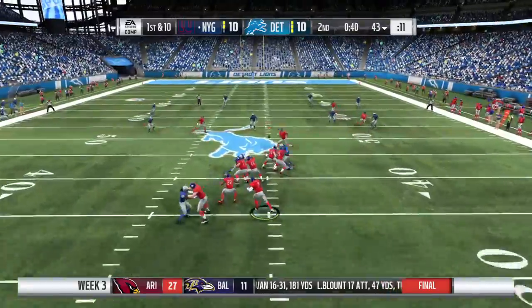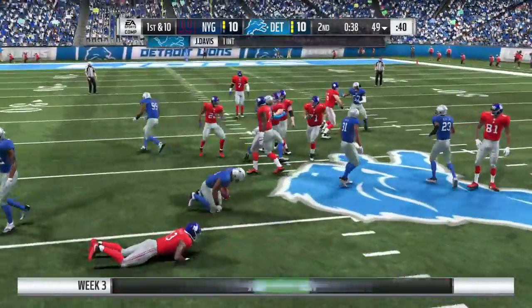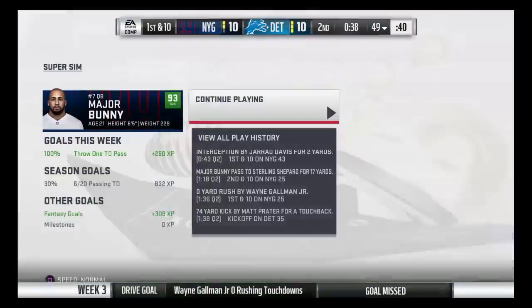Back to throw now on 1st down. Trying to get it to Beckham, and it's intercepted. Picked up by the linebacker, Jarrad Davis. And they get...